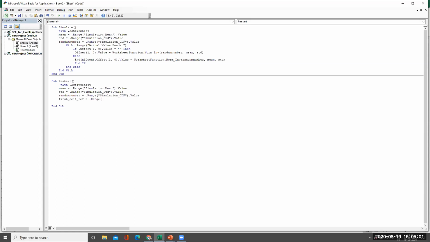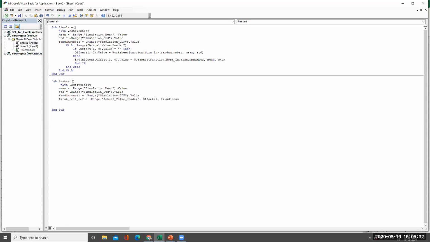What is that range? Actual value header. You know, actual value header, we have defined just now. Actual value, HADR, close bracket, right? Actual value header dot offset 10 on address. Dot offset means one cell below that, and then dot offset 1,0. That is C17. Dot address. We'll take that address and keep that in address.